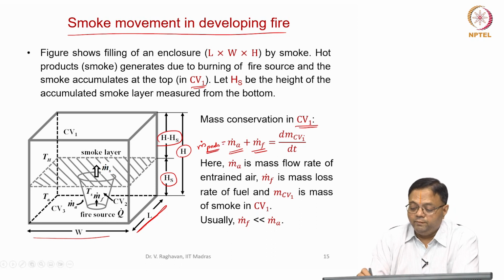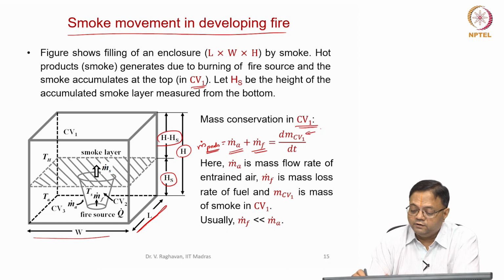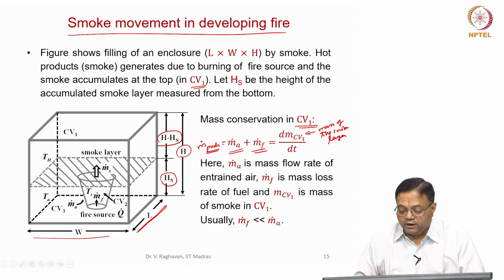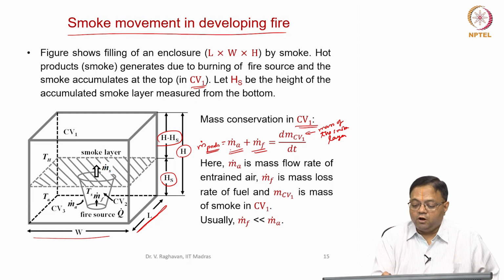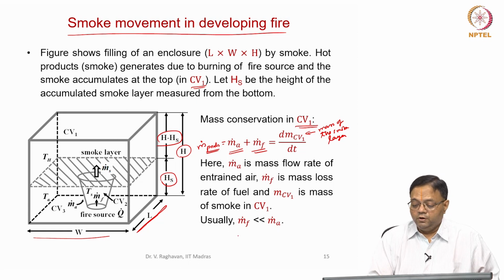Okay, that will be equal to the rate of change of mass of the smoke layer. This MCV1 is the mass of the smoke layer with time, the rate of change of mass of the smoke layer with time. M products, or the mass flow rate of the air plus the mass flow rate of the fuel. Now the